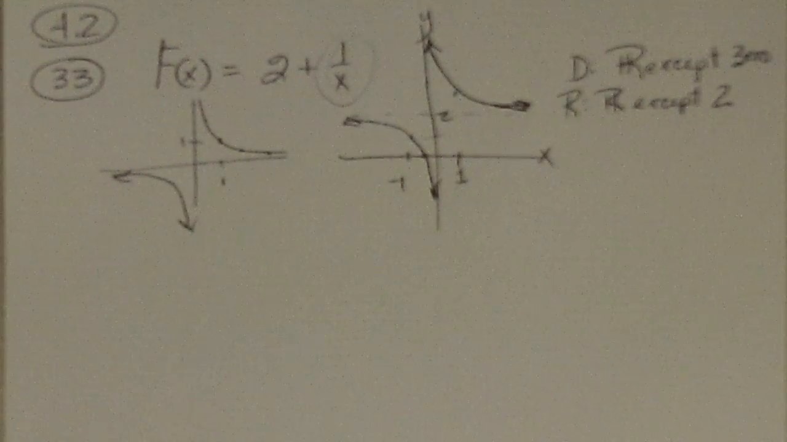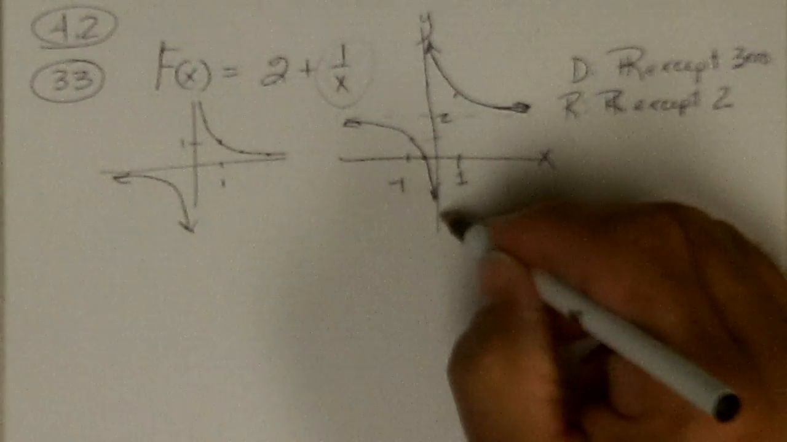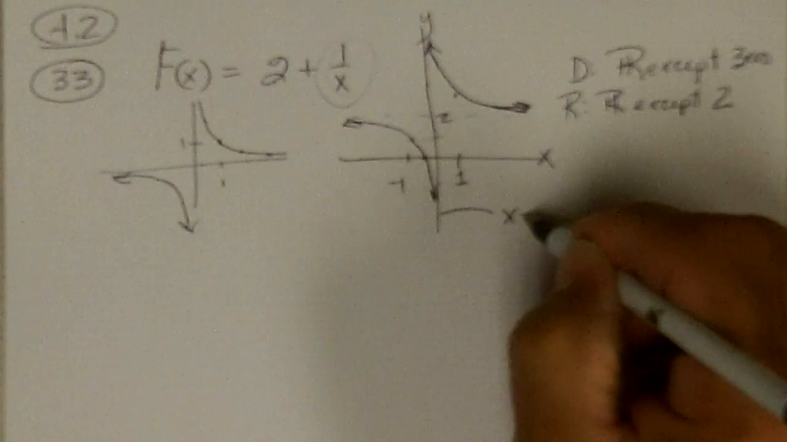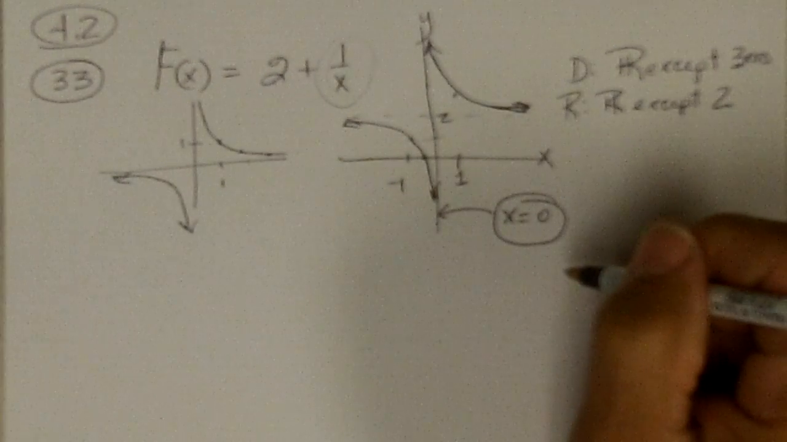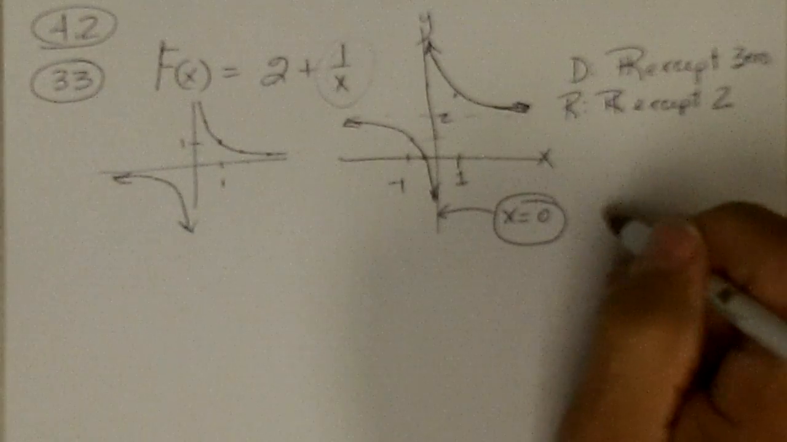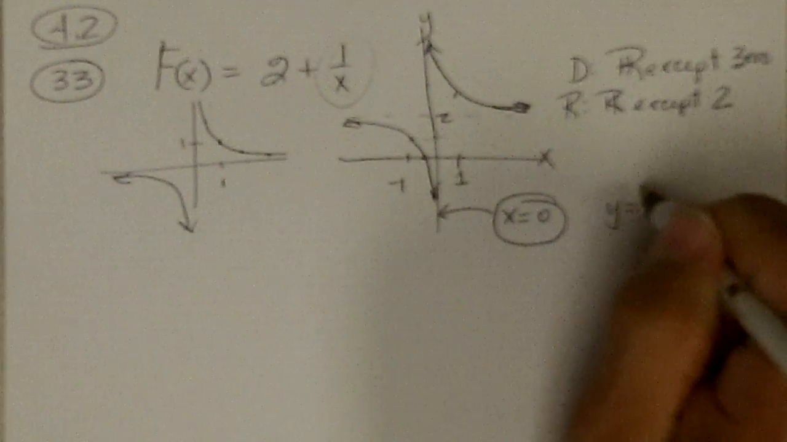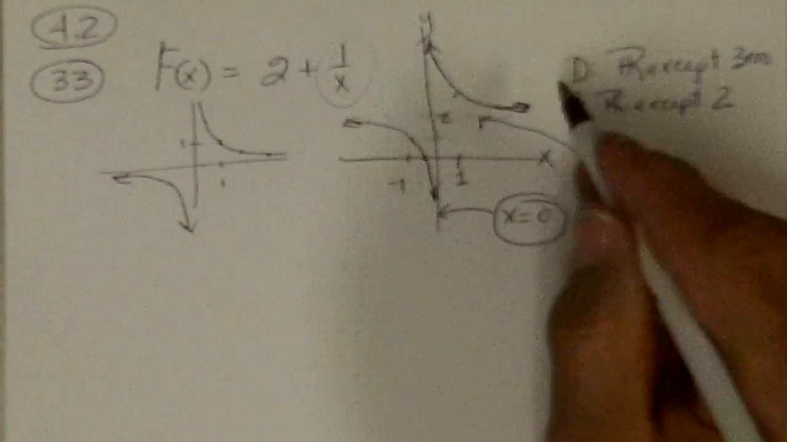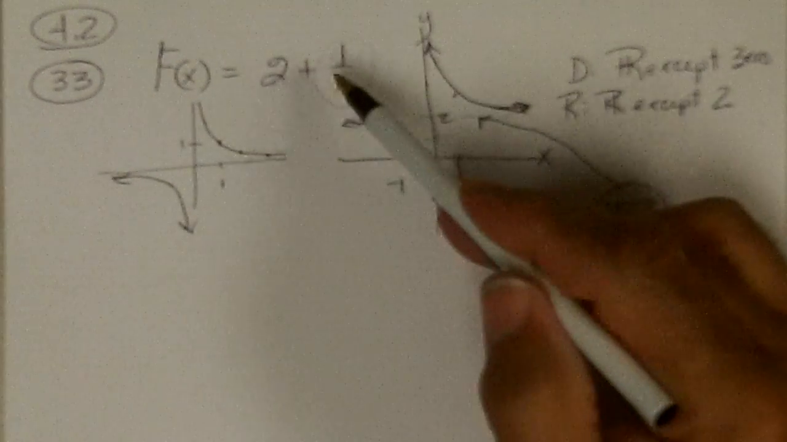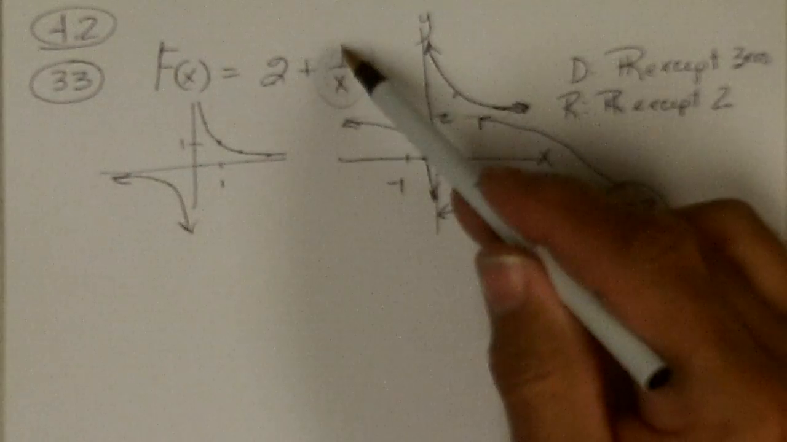Use the final graph to list any vertical asymptotes. Vertical asymptote is x equals 0, the y-axis. And horizontal is y equal to, that's this horizontal line. And there's no oblique because this is just the